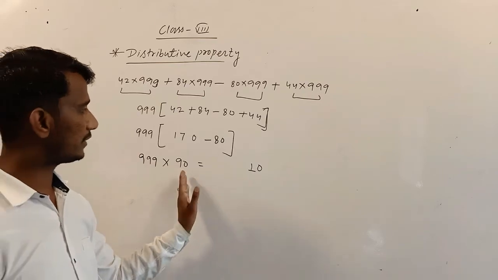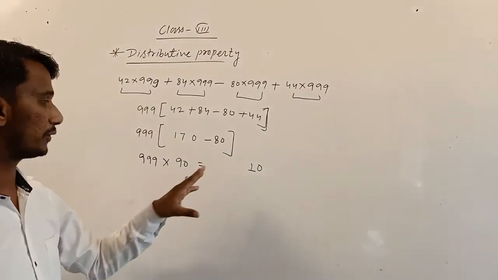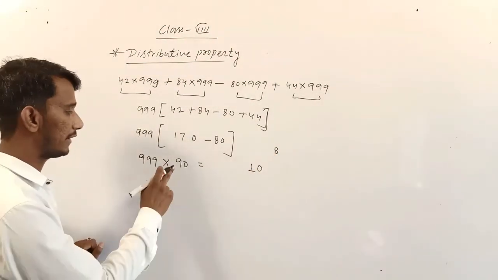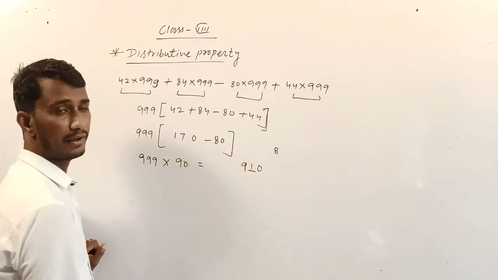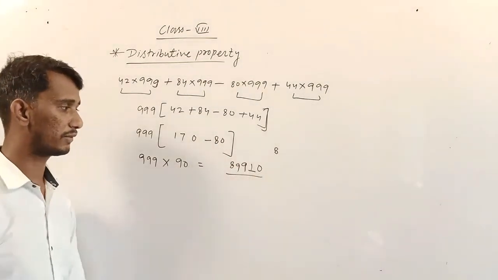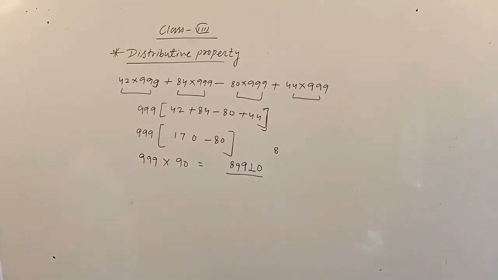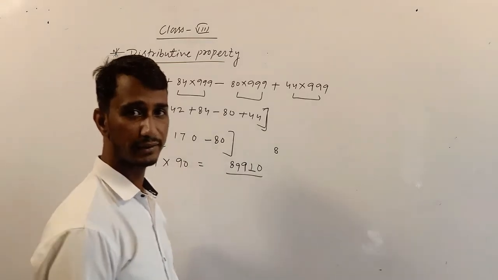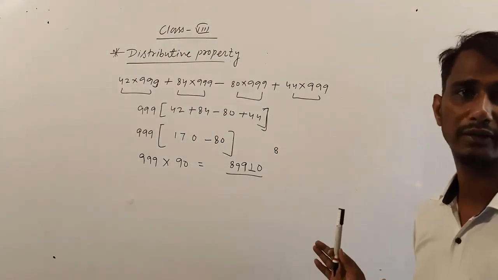Otherwise, you can put the 0 separately and multiply 99 by 9. So what will be the product? 981, carry, add 981 and add 89. So it is your product. I hope you are getting an easy solution. So you have taken less time. So properties help us to solve easily and also in less time.